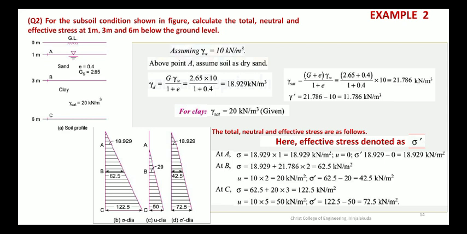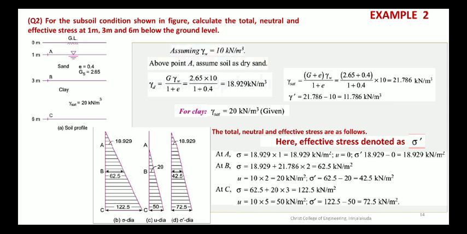Now usually we represent all these stresses in terms of a diagram. So you have to show a diagram. It is assumed as a straight line variation, so you can represent it by using a triangle, isn't it? It is a straight line variation. It is having stress value 0 at the top, and at the bottom it will be the value that we find. So you can represent it as the figure that is shown on the left hand side.